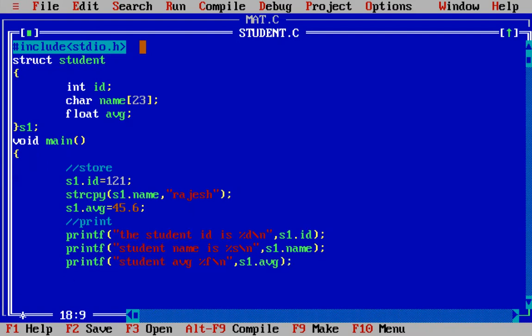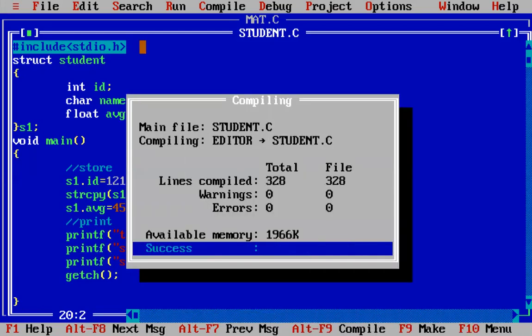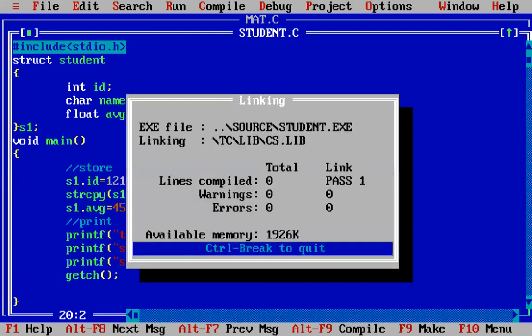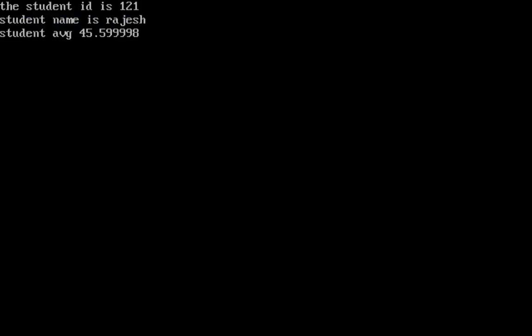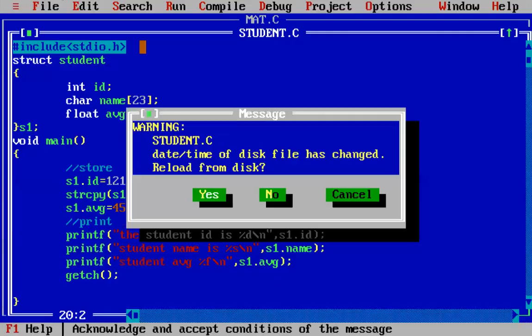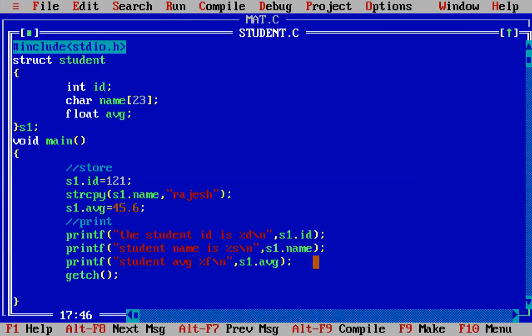Close the program and write getch. Save the program and Alt F9. There are no errors. Control F9. See, this student ID is 1 2 1. Student name is Rajesh. Then how to find the size of this structure? Type